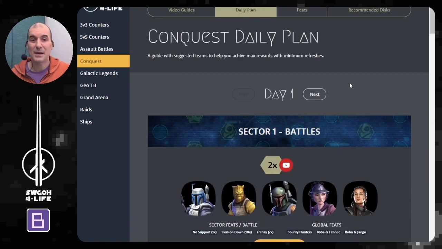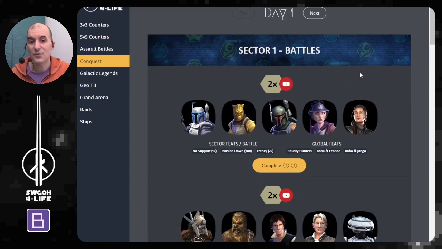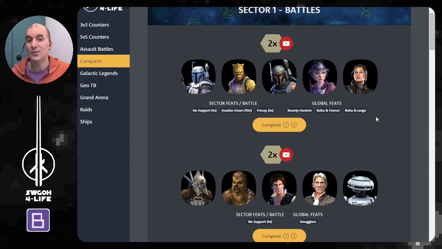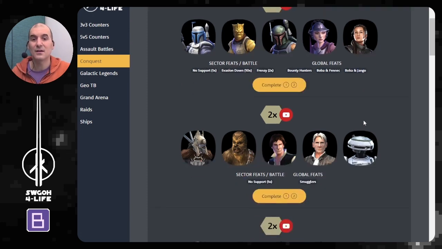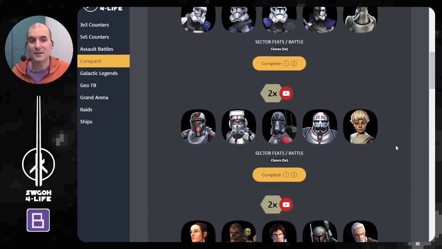Alright, let's finally come back to the daily plan. This, from my experience, is what everybody found the most helpful. It's just suggestions on what teams to use every day in each sector to get that max rewards by the end of Conquest. Obviously this can be taken more as a guide. We all have different rosters, you have different mods and things like that, but at least it gives you a very good idea when it comes to how many battles with what kind of teams you should be doing every day, just to make sure that you don't get to the last day and you're still far away from that